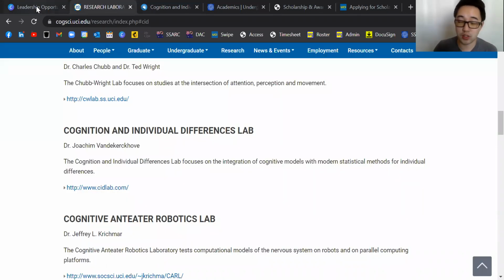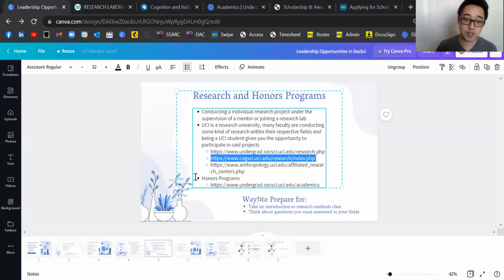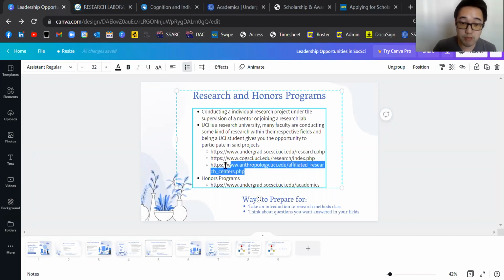The important reason why you want to join research is actually twofold. One of which is for those of you students who are going into graduate school or thinking about going into graduate school, you may need letters of recommendation to do so. And typically what those letters of recommendation are for is making sure that the student applying to graduate school has the ability to do graduate level work. So in this case, by doing a research project with a faculty member, by either joining their research lab or doing an individual research project, it would show that you have the capability of doing a long-term project that can span between 15 to 20 pages of work while working under the guidance of a faculty mentor. So you may want to be a part of a research lab just to ensure that you build that relationship